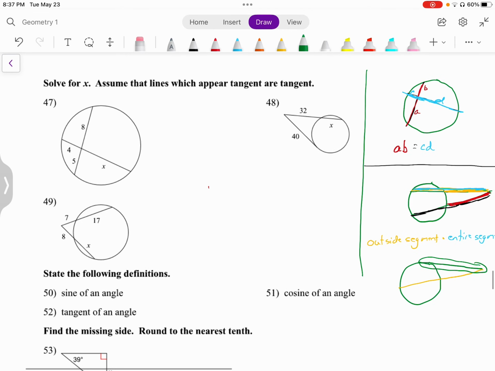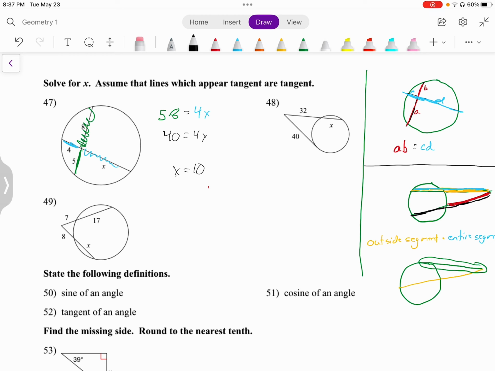So number 47 fits our first one on the top right here. So all we have to do here is we can say 5 times 8 is equal to 4 times x. And we just solve. So we have 40 equals 4x, so x equals 10. 48